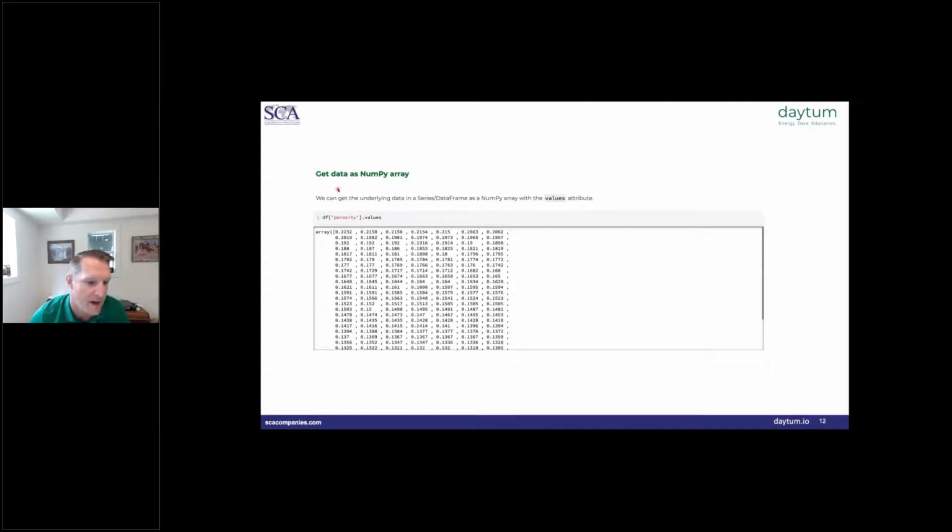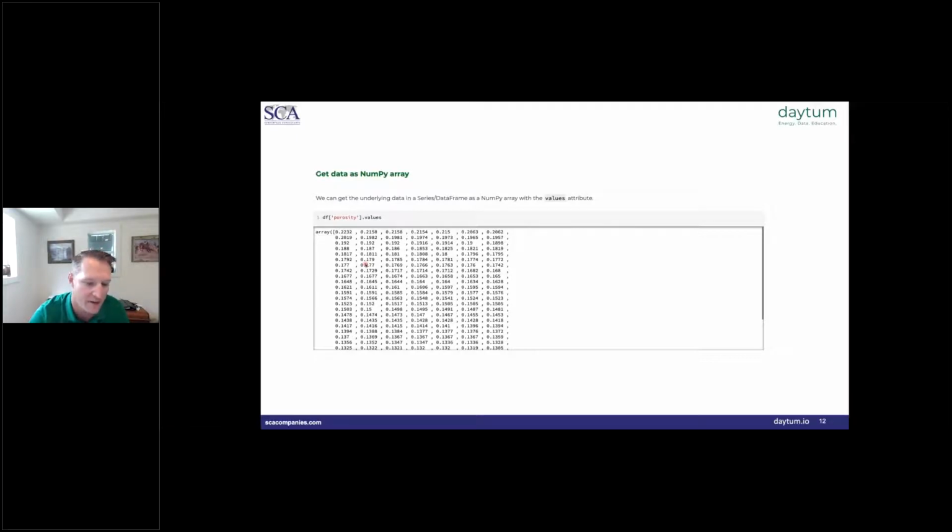If you're familiar with NumPy, it is the array workhorse in the Python ecosystem, meaning if you want to do calculations on arrays of data, say you had an array of data X and you want to do an element-wise multiplication with an array Y in NumPy, if the array X is a NumPy array and the array Y is a NumPy array, then the syntax is simply X times Y. You don't have to write a for loop, which you would have to do in a lower level language or even in pure Python itself.